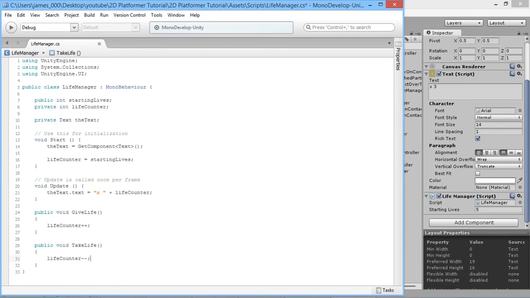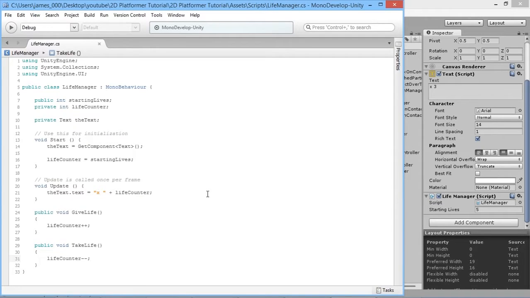Well, generally speaking, you're not going to be. And if you are in that situation, it's very easy to code in the script to just call this function twice. So rather than having to take in a value or anything like that, we'll just simply make it add or subtract a life. So now that we can add and subtract a life, we need something else that can actually call that and